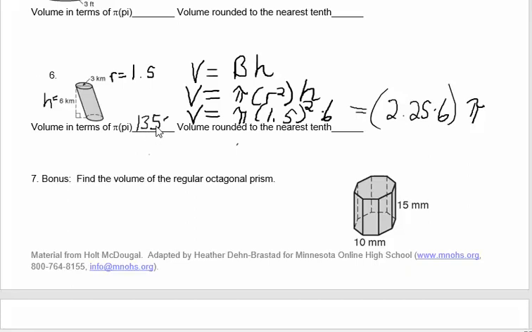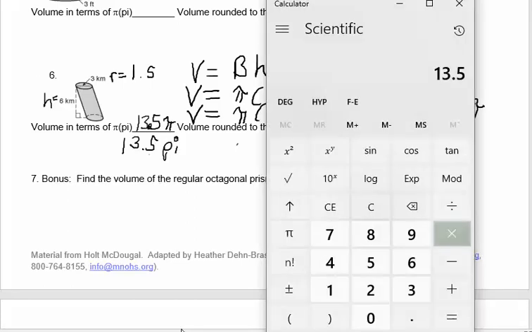If you're typing, type 13.5 and then write pi. When you write pi, there's no E on that. It's just pi. And then when it says rounded to the nearest tenth, it means you take the 13.5 and you